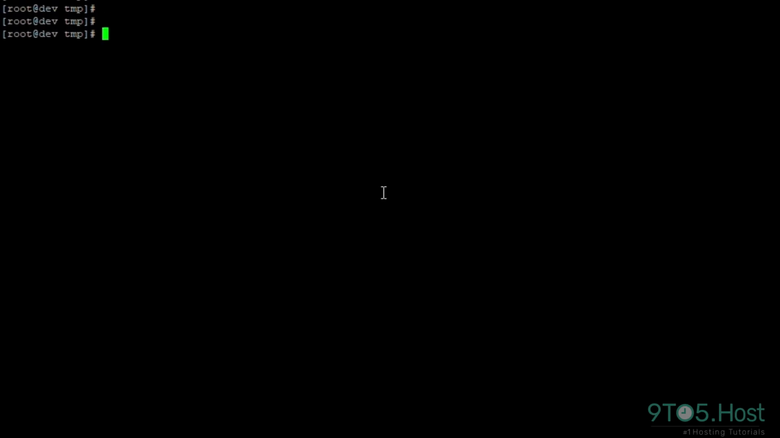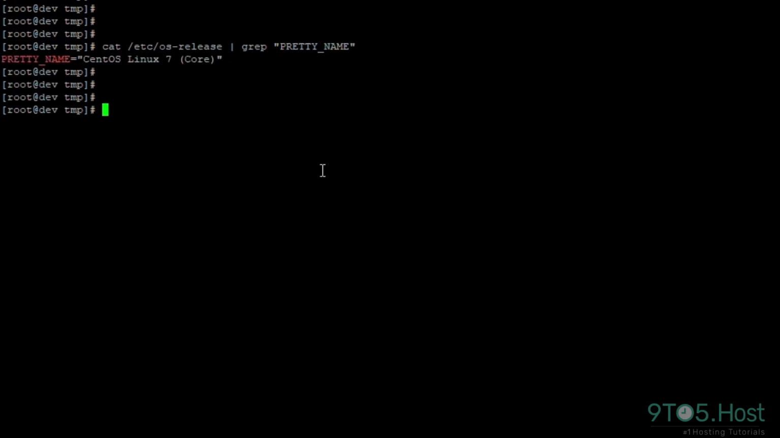Let's try to install MongoDB on a Linux server. To show you what OS I am currently running, I would run the command cat /etc/os-release | grep NAME. As you can see, I am running CentOS 7. The installation of MongoDB would be the same on Red Hat Linux, CentOS, Alma Linux, basically all the